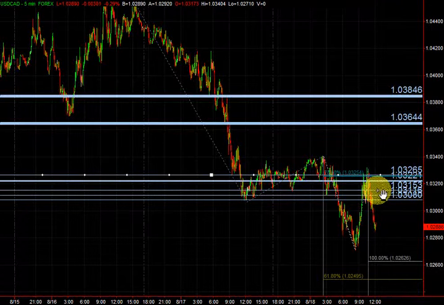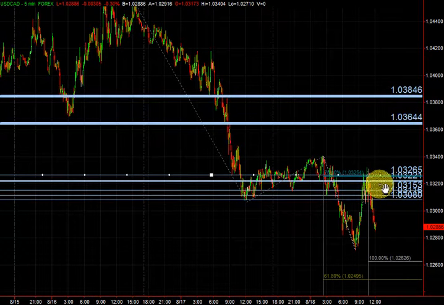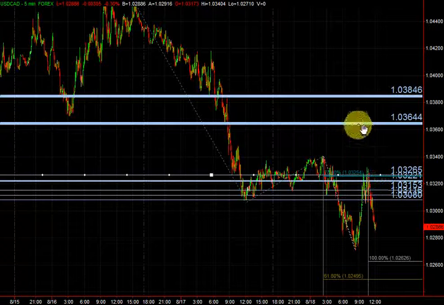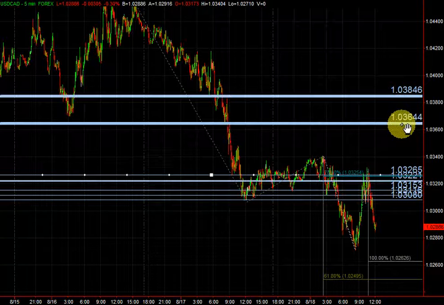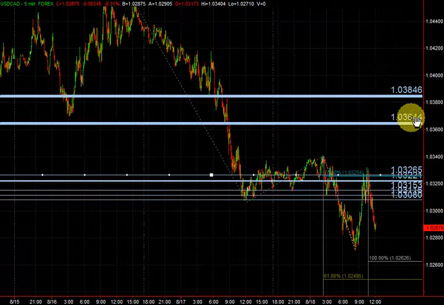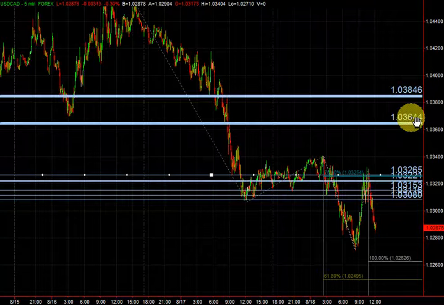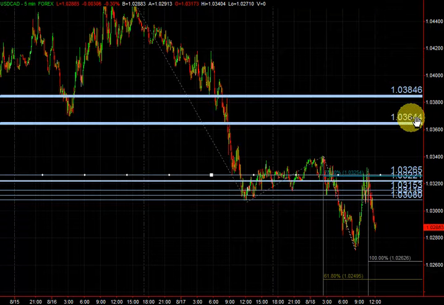And in case we want to keep our stop loss, we need to have it at least above the 1.0364 area. That is why I issued, for educational purposes only, that we'll sell the USDCAD at 1.0326 with